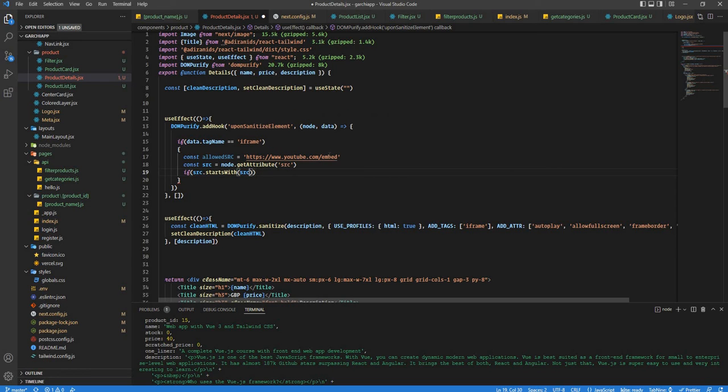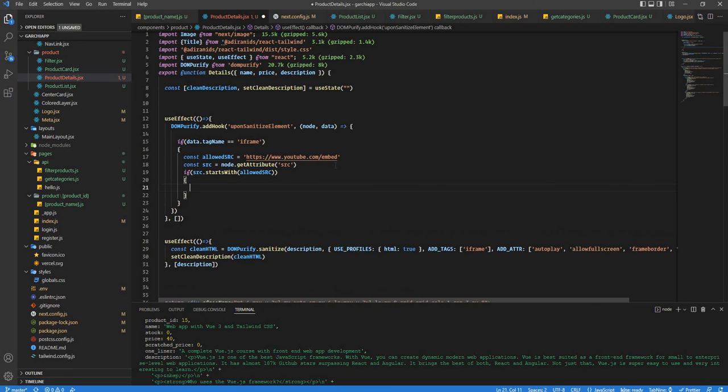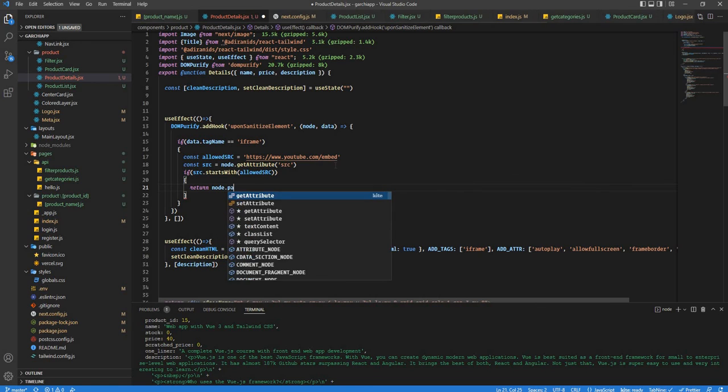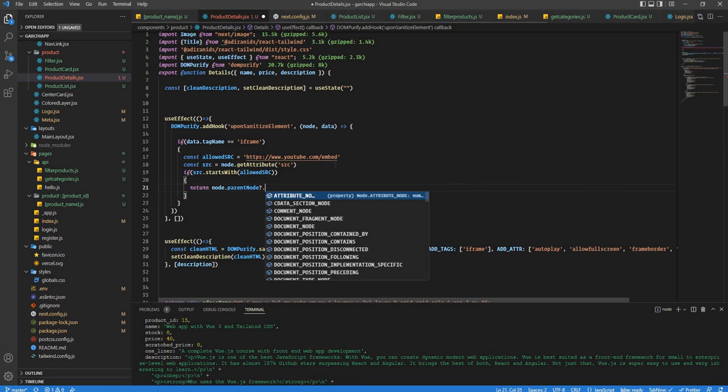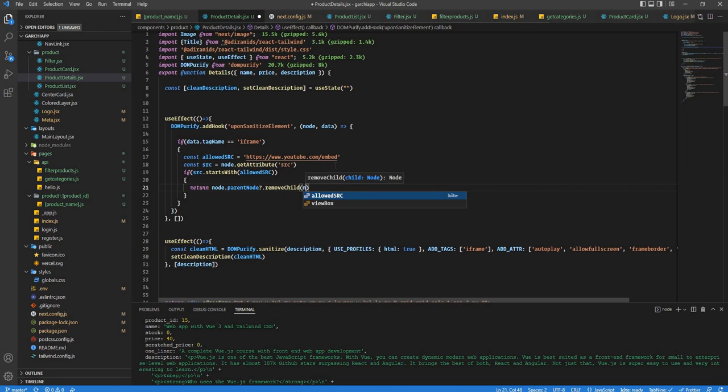First, I'm going to show you how to remove all the YouTube iframe tags, because to show you the reverse, only keeping YouTube iframe tags, I need to pass some other thing. But here, let's say we are removing all the YouTube iframe tags. So if it starts with that, then I'm going to return node.parentNode, which could be there or not, so optional, removeChild, and that's going to be the node. Now if I go back over here,